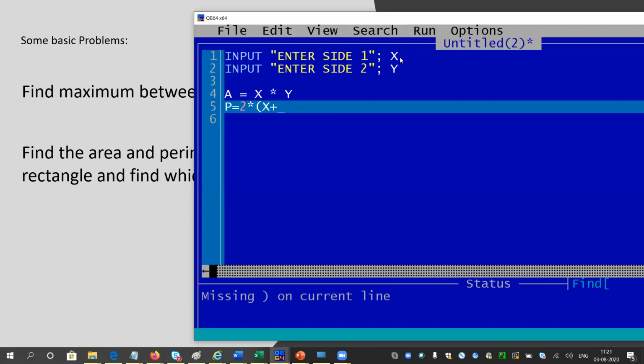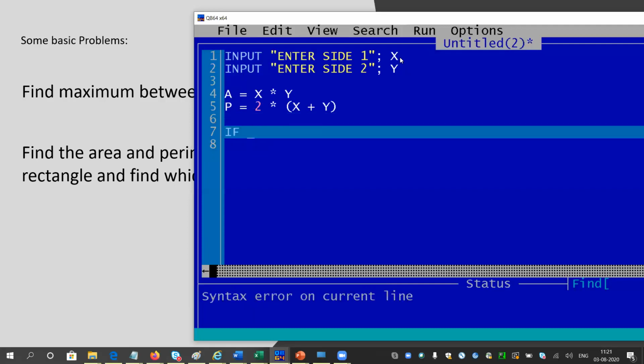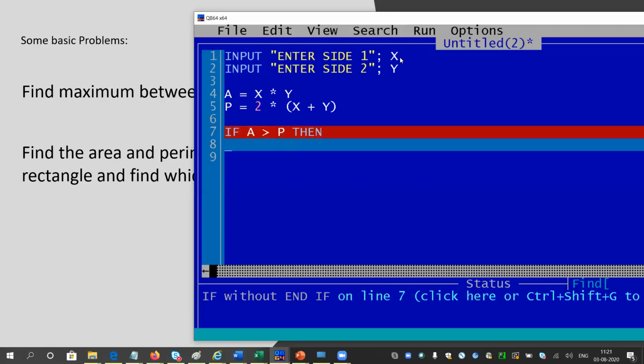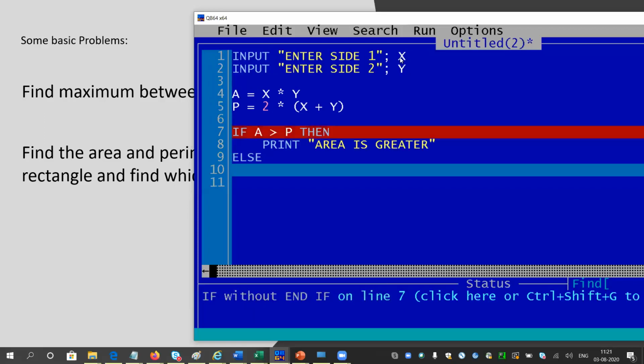I do not like mathematics much, so I will give the computer the job of solving it. So now I will be checking if A greater than P, sorry, then it will print area is greater. Now this is a message like area is greater, okay. And else it will print perimeter is greater.